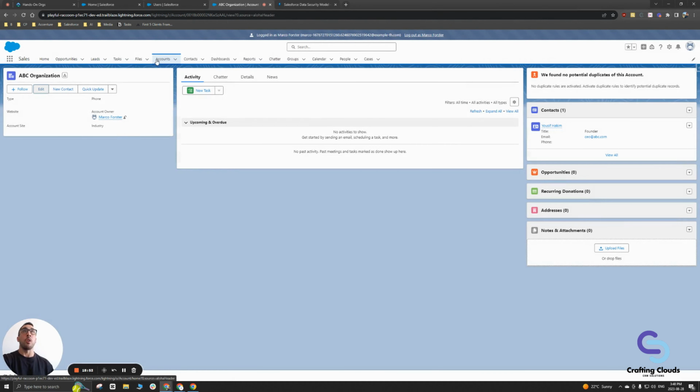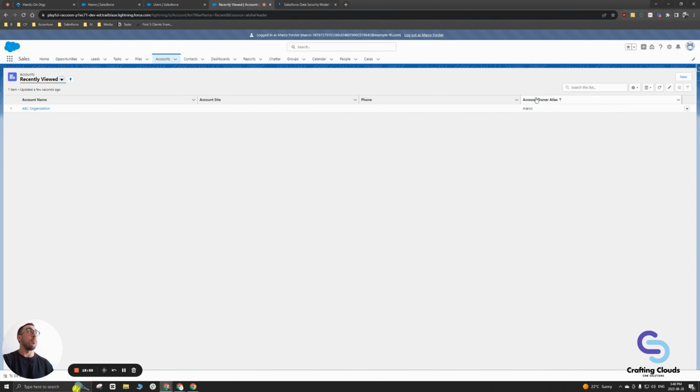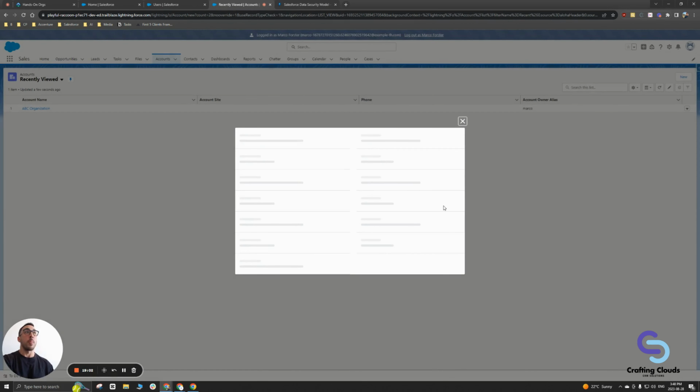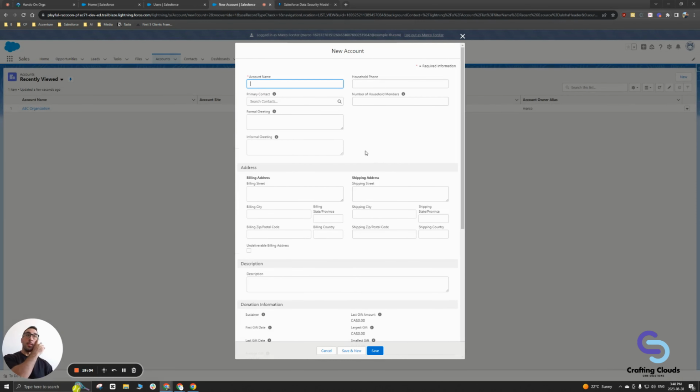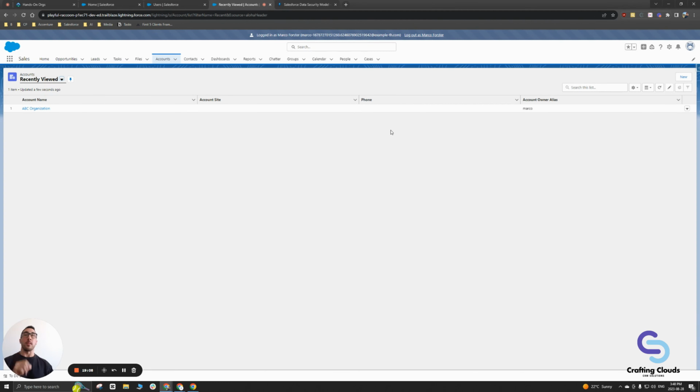And then if I want to go now back into our accounts tab, you'll also notice I have this new button here, which we didn't have before. And if I click new, I'm able to create an account. And that's pretty much the summary of the differences between profiles and organizational wide defaults. So to conclude,